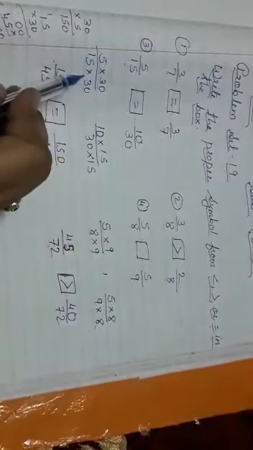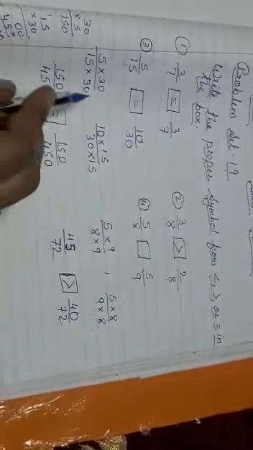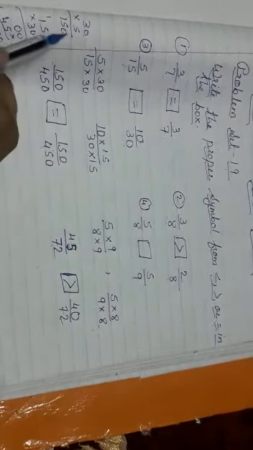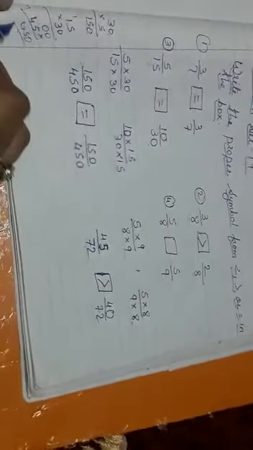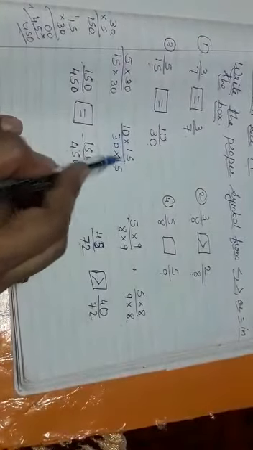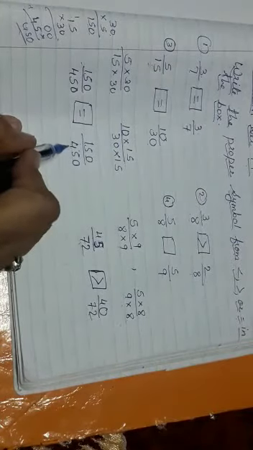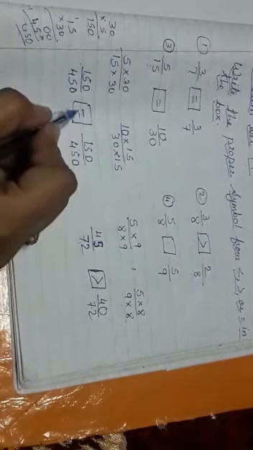I have interchanged the denominators, as you can see here, 15 into 30 and this 30 into 15. So this has become 150. 5 into 30, 150. I have multiplied here and shown you. And here also 15 into 30, 450, which we have taken out. Here also 10 multiplied by 15 will give you 150, and 30 into 15 will give you 450. So these both are equal with each other. So that's why I have put the equal sign here.